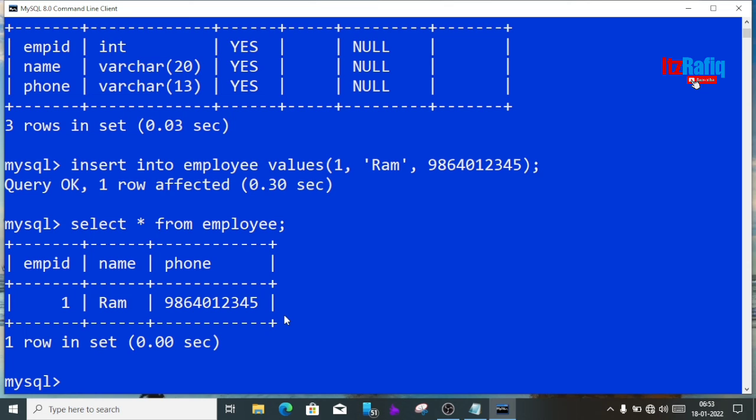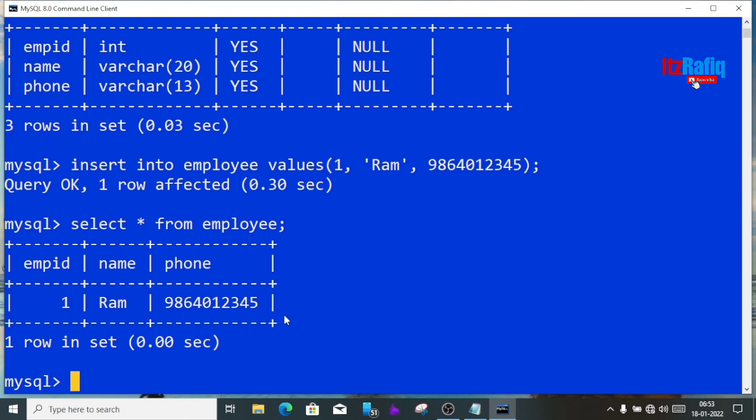And one more thing: if you have a field which holds only one character of data, like male, female for gender, or grades like A plus, B plus, C plus, then always choose char, because there you know you will enter only 1 or 2 characters in that field, and char makes your table or your query faster than varchar. That's why when you know how many characters you are going to enter in that particular field, you will use char.